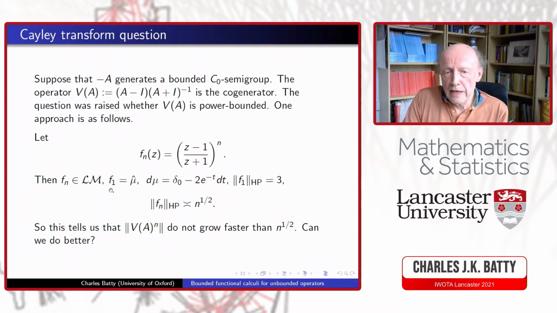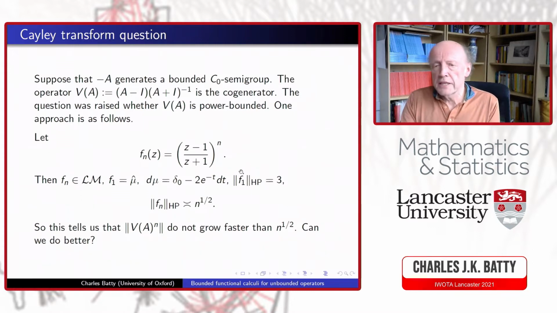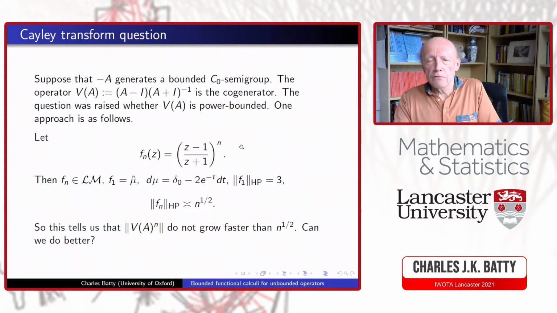In fact, F_1 is the Laplace transform of mu, where mu is the measure which is a point mass at the origin minus twice e to the minus t dt. And if I got the things right here, the Hille-Phillips norm of F_1 is 3. Now, because the Hille-Phillips norm is a Banach algebra norm, that tells us that the Hille-Phillips norm of F_n is at most 3 to the n. But that's rising rather rapidly